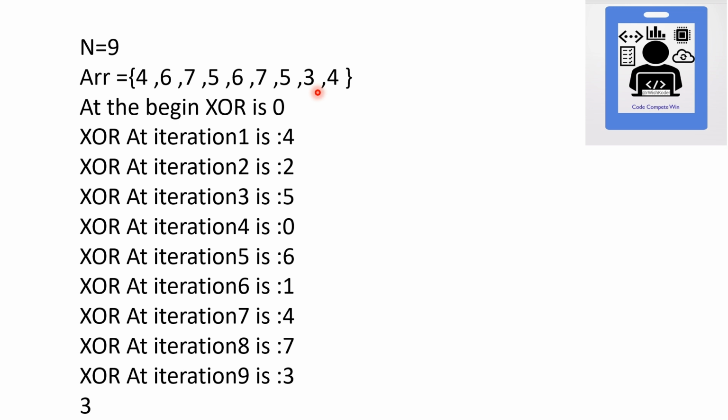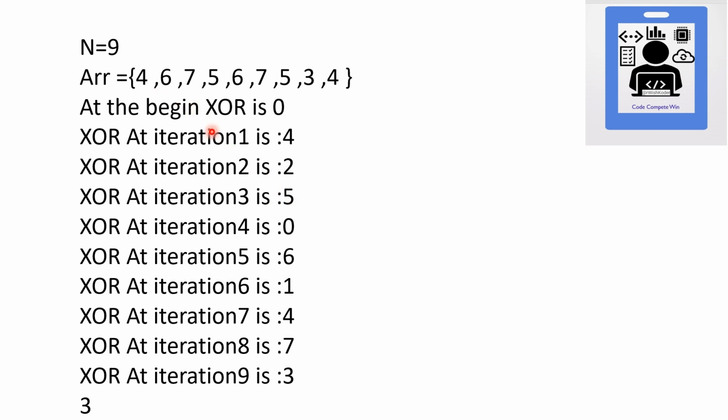So we are going to take the XOR of the array to find the element which occurs once. So at the beginning XOR is 0. At the first iteration the XOR of 0 and 4 is 4, and at the second iteration XOR of 6 and 4 is 2, and at the third iteration XOR